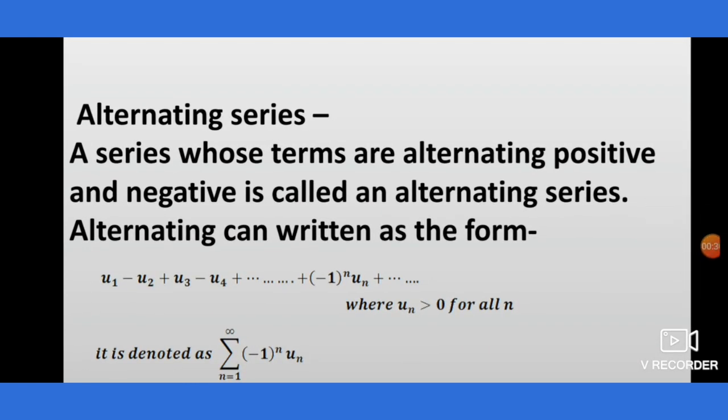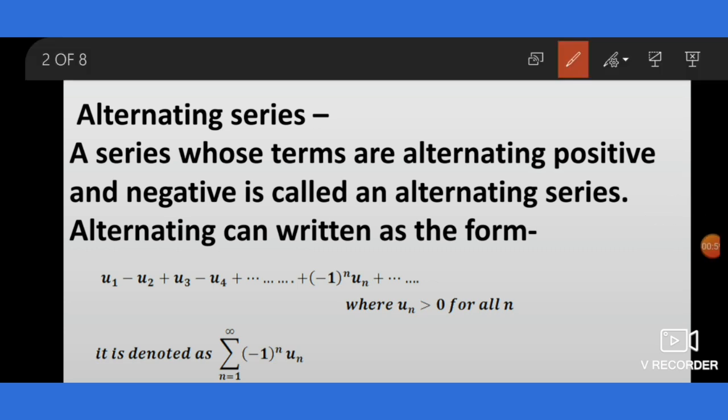We have seen that a series of positive terms either converges or diverges and cannot oscillate, but a series which contains an infinite number of positive and an infinite number of negative terms may either converge, diverge or oscillate. A series whose terms are alternately positive and negative is called an alternating series.